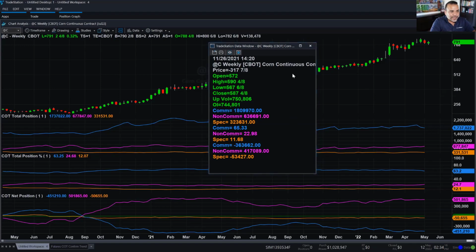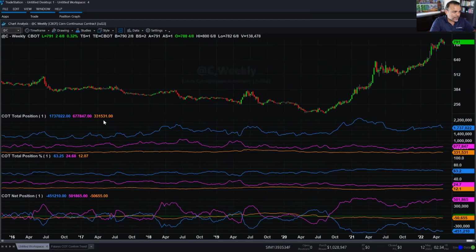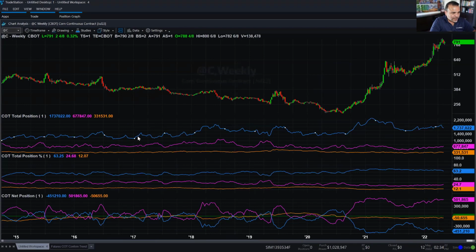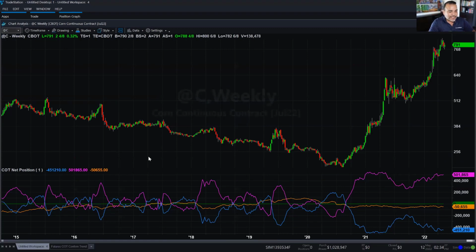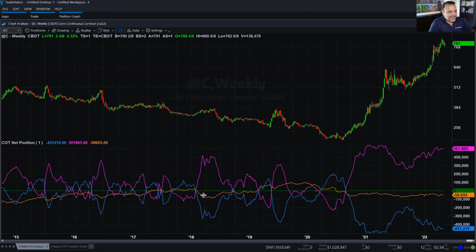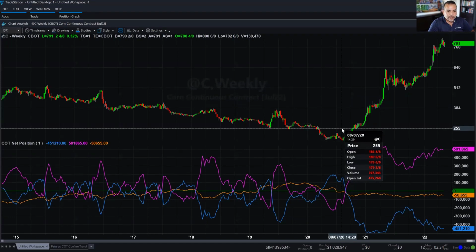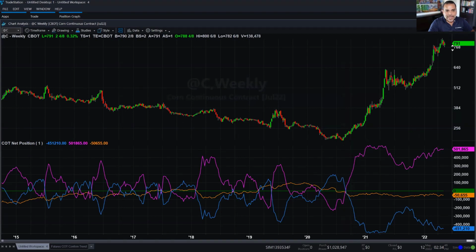And when we look at the market itself, let me bring in the data here a little bit. I'm going to remove the total position because I'm not going to need it anymore. I don't think I will. I will bring it back if I do. But I wanted to do that so that you can take a look at the fluctuations of the net position and how it relates to market activity. Take a look at this uptrend on a weekly chart. This is the weekly chart of corn. Corn went to a low here of about $200. Now it's 791.